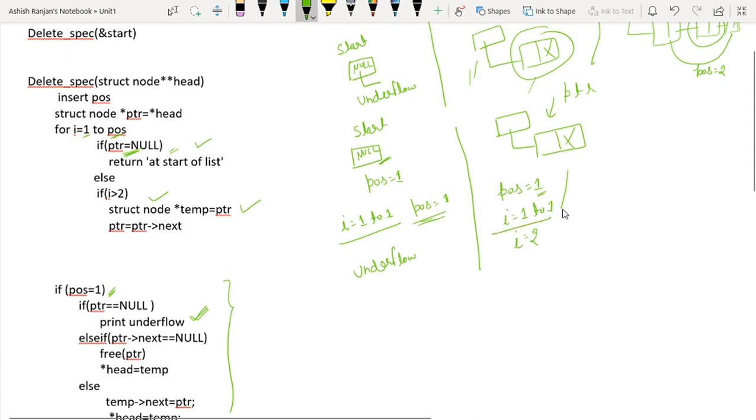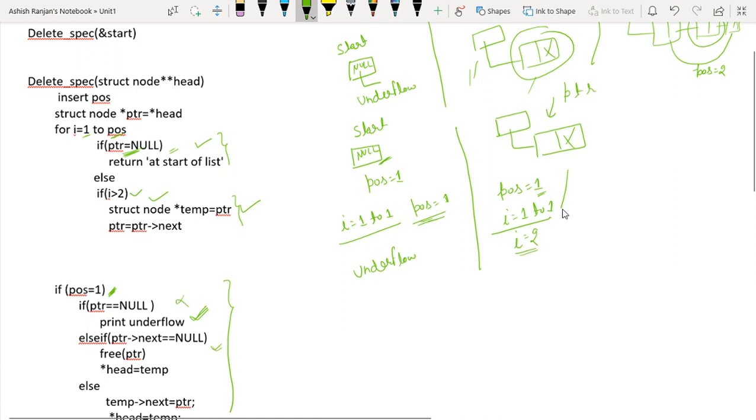So first time it will execute and this code will not execute, this will not execute because this condition is false. I will become 2, so will come from here to here. I will become 2, will come out of loop. Since pos equals to 1 and PTR is equals to null, this is also false.